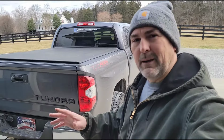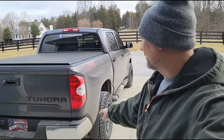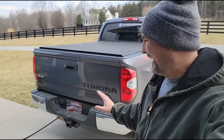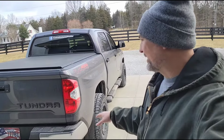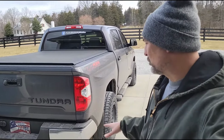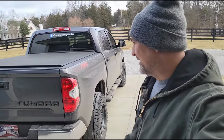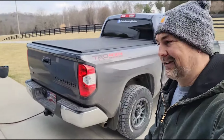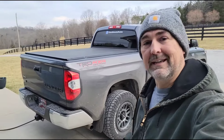The one other thing I might do, I still want to get rid of this chrome. You know, I put that TRD grill and front end on the front of this truck, and I just want to get rid of this chrome. I'm still thinking about how to go about doing that the best way because I don't want to spend a lot of money on it. But pretty much I'm getting close to having this thing done now, so I can move on to the next project,